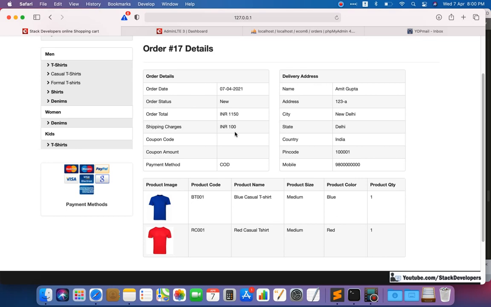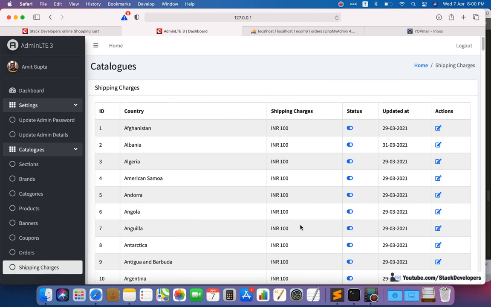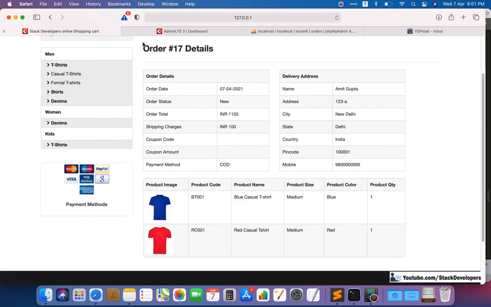Okay, so we are able to finish the simple shipping charges module that depends upon the countries. You can add the shipping charges of all the countries, and you can apply at front end, apply at checkout page, and then you can see that it is working fine. Okay, everywhere you will have the shipping charges.